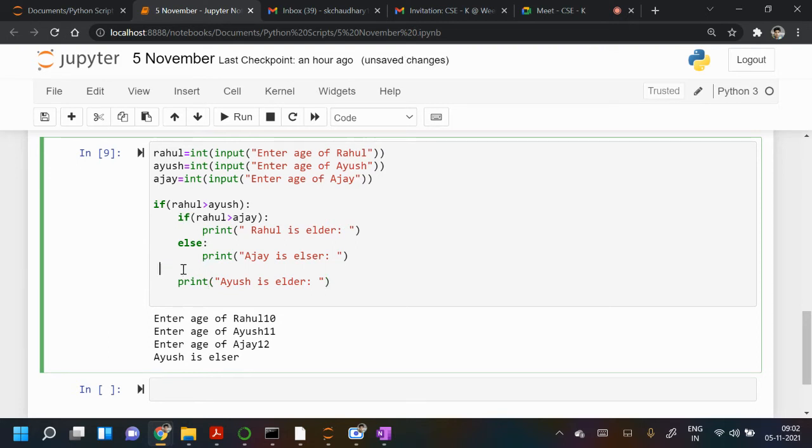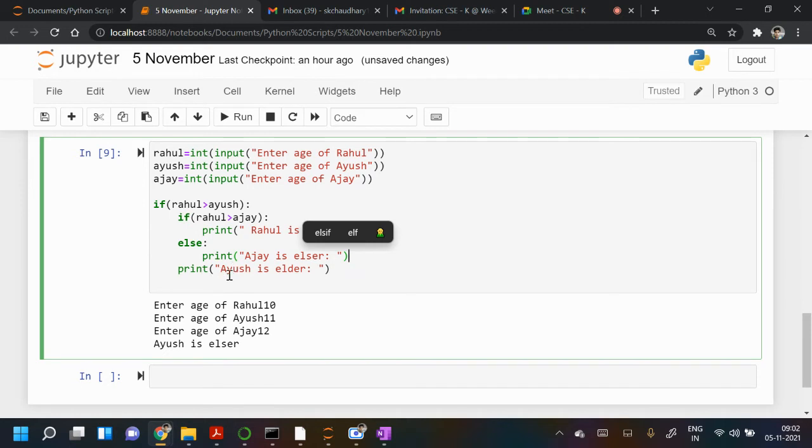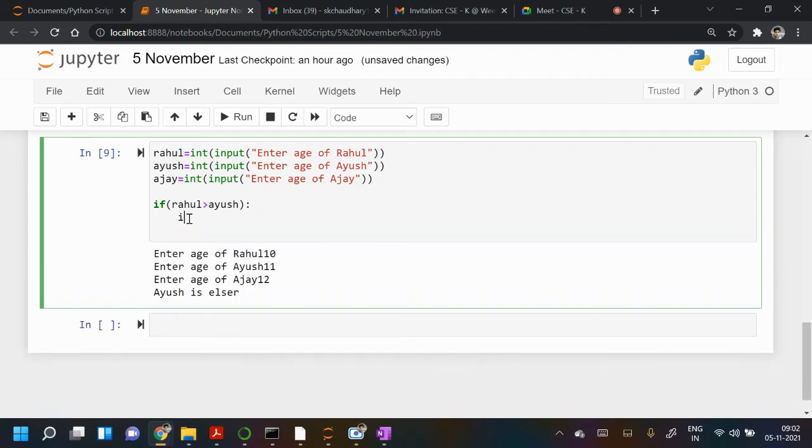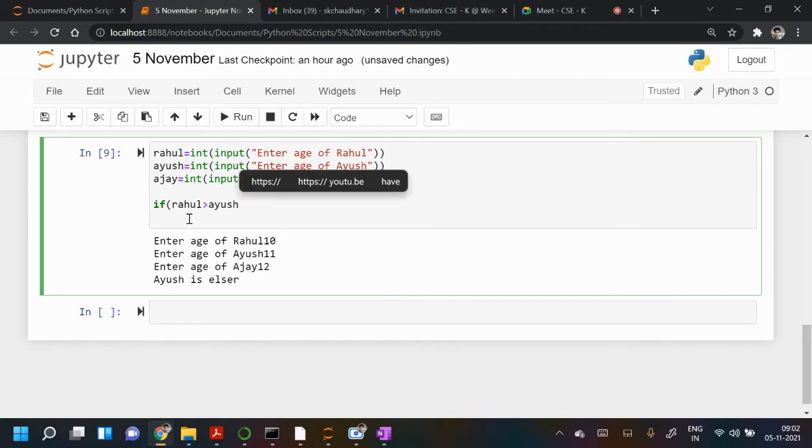One minute, sir. Actually there is no comparison between Ajay and Ayush. Ah, yes, that is the problem, I think. In this code, there is no comparison between Ajay and Ayush. So what if I write something? Yes, Ayush and Ajay have no comparison. So we can add it. Otherwise, what you have written, I may write that. Okay, let me write. I will check this. I think something is missing, so I have to write something more.